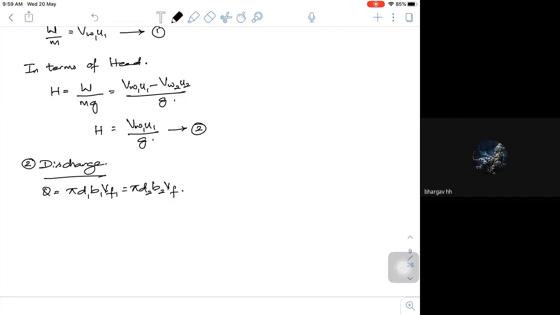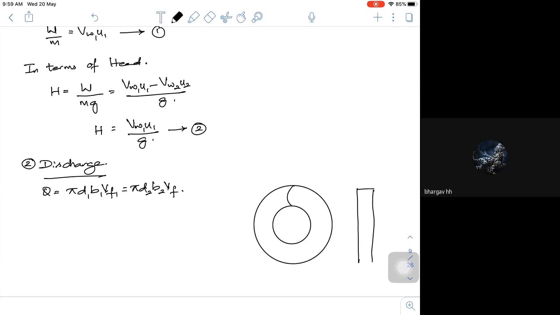What is it actually? If you look at the turbine, this is my side view. So this is the turbine, and I want to put the blade. The blade will be something like this. If you look at the side view, it has a certain width. So what we have to consider at any given point, if you look at what will be discharged at the inlet, it will be pi D1 into that particular width. So that is at the inlet, and this is not constant.